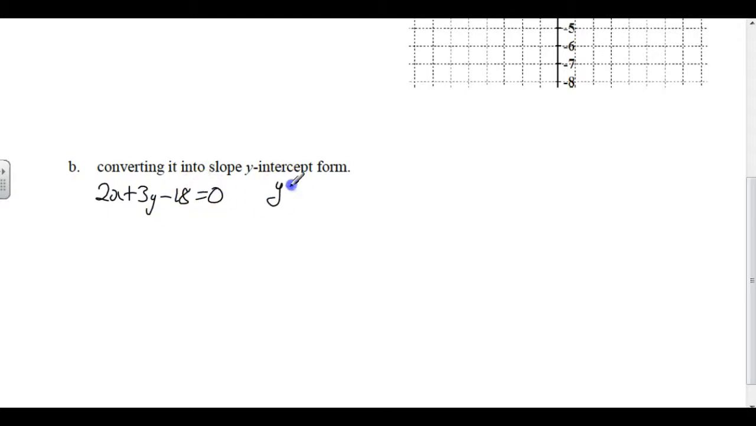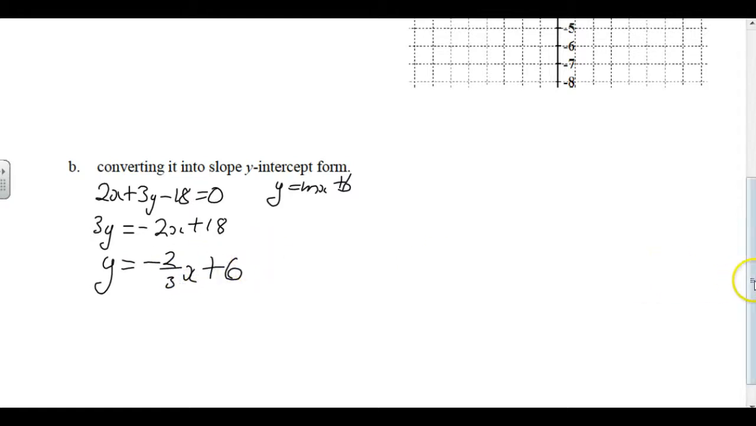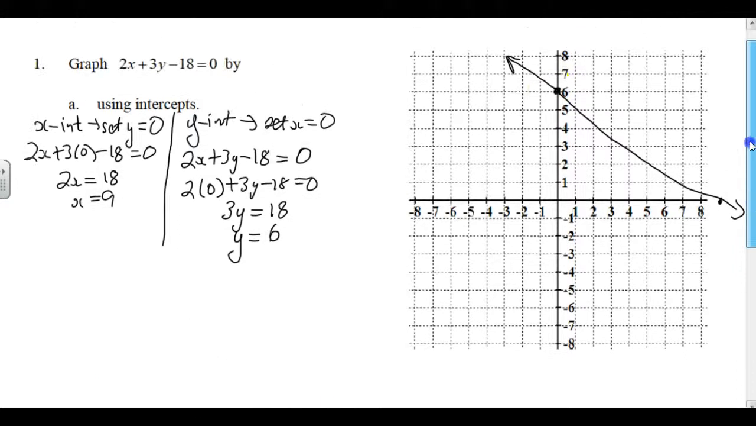Remember, slope-intercept form is y equals mx plus b, so isolate the y. So 3y, move the x over, negative 2x, move the 18 over, plus 18. Divide everything by 3. y is equal to negative 2/3 x plus 6. So that says our y-intercept is 6, which we have, and our slope is negative 2/3, which means go